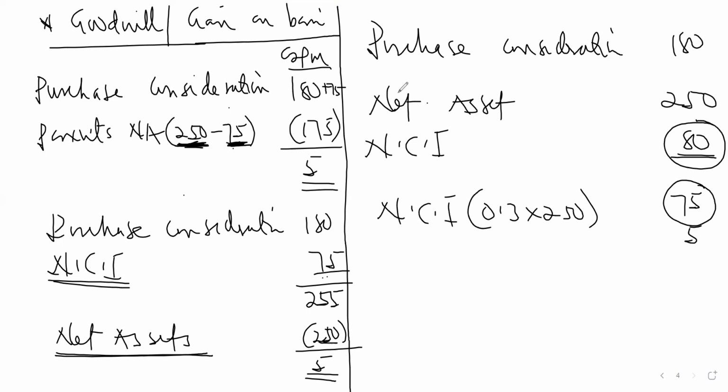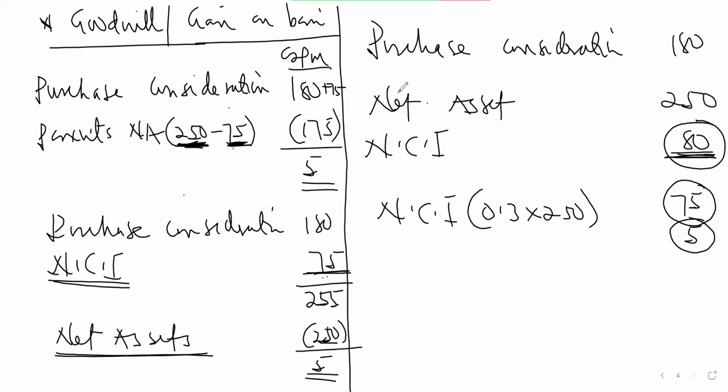So the goodwill doesn't belong to only the parent. The situation where they have only the 75, it means that they have only a share of the physical asset, the tangible asset. So any impairment of goodwill will not affect them because they do not have a share of the goodwill. But since they have a share of the goodwill, whenever there is an impairment of the goodwill, the 5 that they have will also be impaired. That's why we share the impairment between the parent and the NCI, because NCI also has a share of the goodwill. Okay, that is the idea about it.